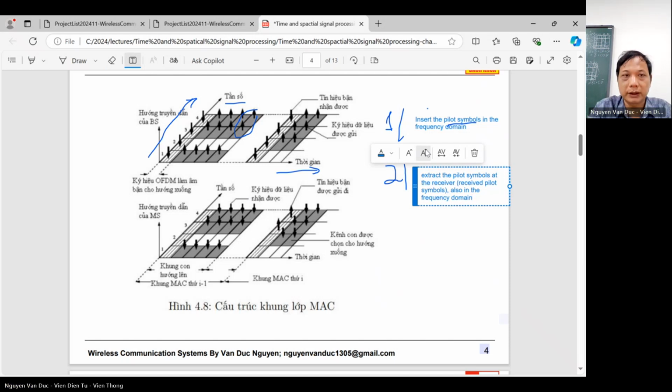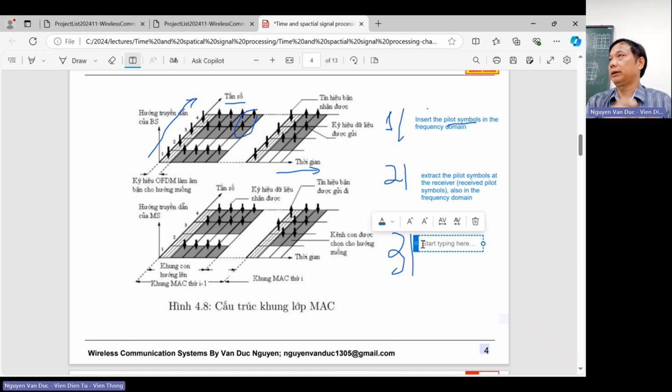So in the first step, write down please. In the first step, you need to estimate the channel coefficient, the CTF, channel transfer function coefficient, by using the transmitted pilot symbol and the receiver pilot symbol. Namely,